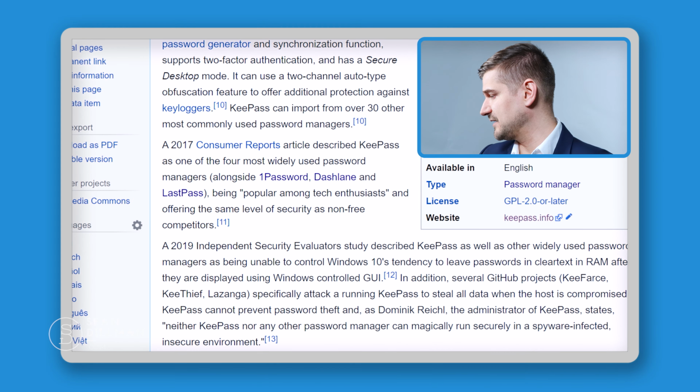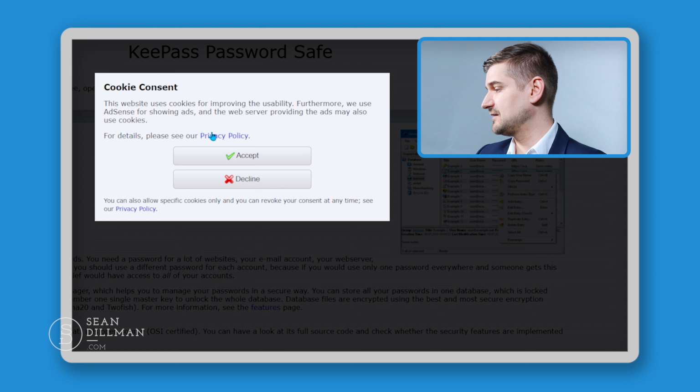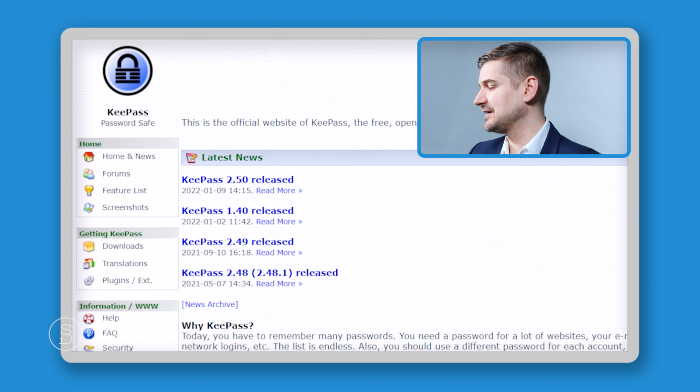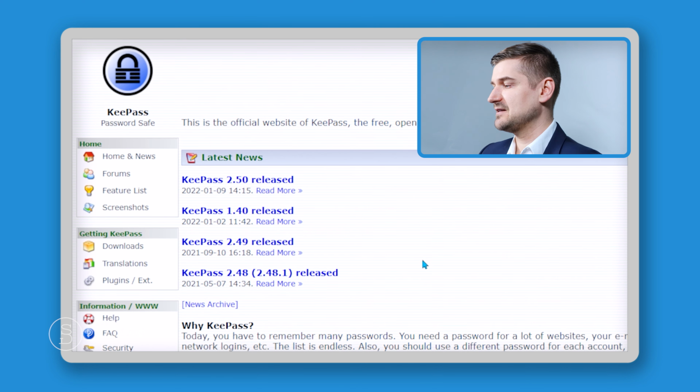So we're going to scroll down here to where it says website. So the KeePass website is keepass.info. We're going to click here. It's going to ask if we will accept cookies from this website. We're going to be using their software, so I'll say yes, we'll allow it. And then over here on the left, it shows you their latest releases. So we're actually just going to click either here on the newest one or over here on downloads.